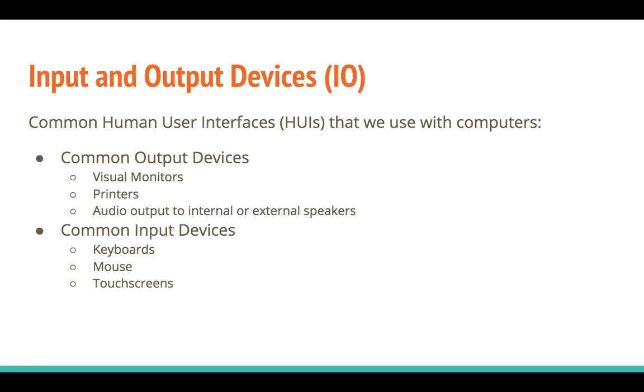Common human user interface devices, which are part of the category of input and output devices, are visual monitors, printers, and audio output to internal or external speakers. Some common input devices include keyboard, mouse, touchscreen, but to this on the music side, we could add MIDI instruments,